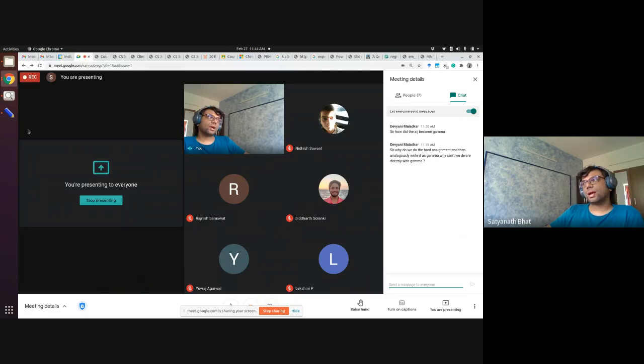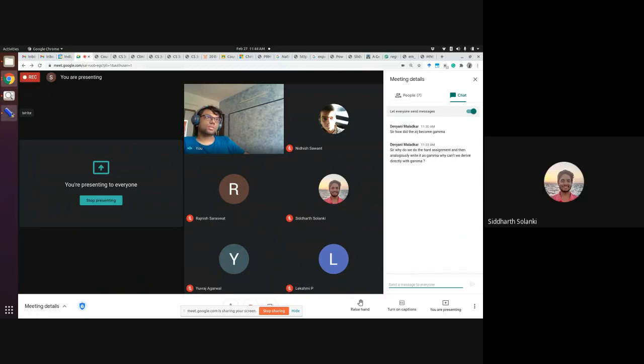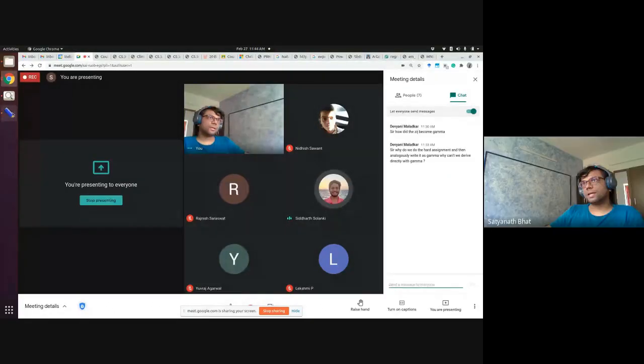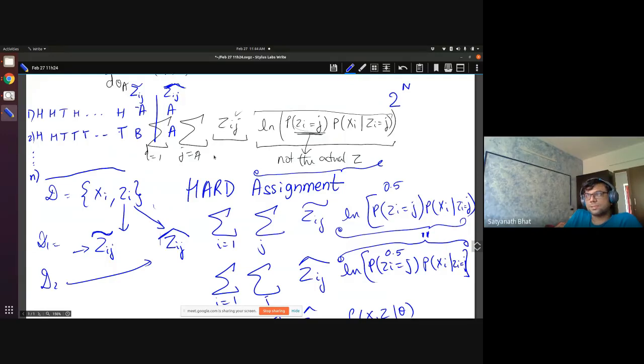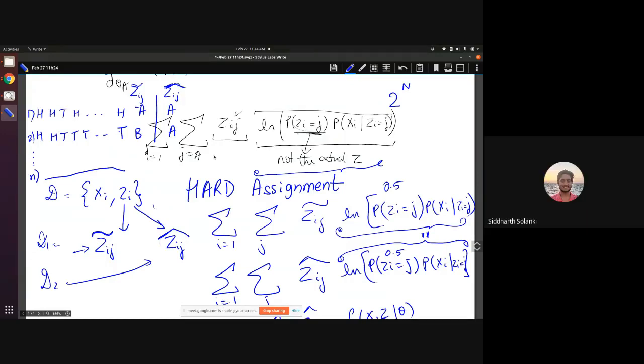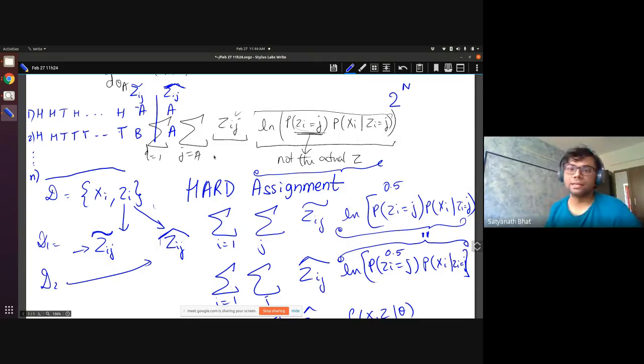Can I try to frame what I understood? What I understand is that we have the probability that coin A might be chosen or coin B might be chosen as 0.5, and that's what we write inside. That's what we know about the distribution. But what you're saying is that what we observe might be different from the distribution. Yes, very clear. That is what it is.